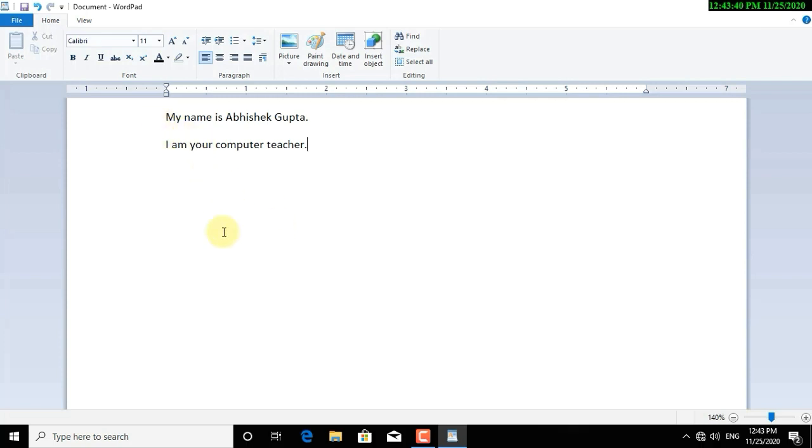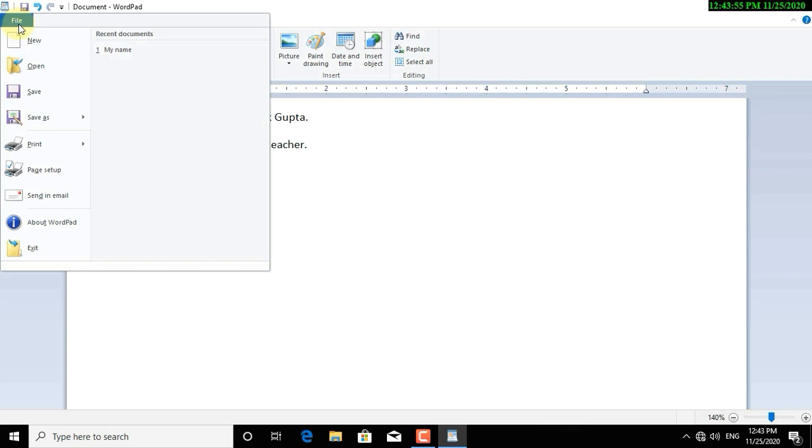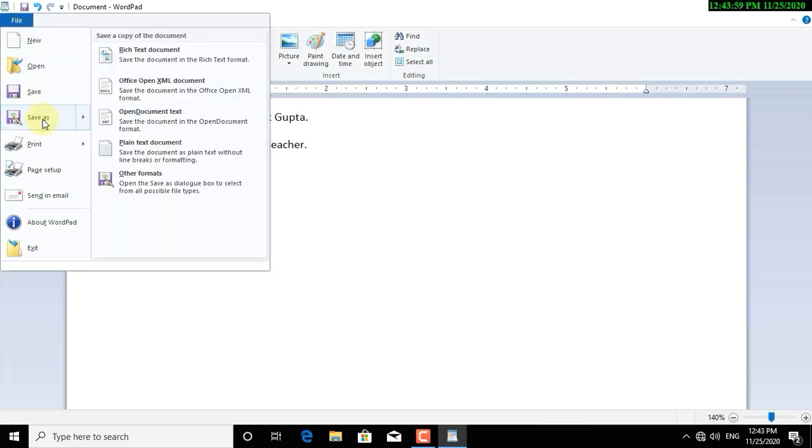And after creating a document in WordPad, now we will learn about how to save your work. So as I told you before, you can save your work in the WordPad after finishing the work. If you do not save your work, it will be erased when the computer is turned off. So to save your file, you have to click on File menu. Then you will get Save and Save As buttons there. आप अपनी चॉइस के हिसाब से सेव और सेव एज को चूज़ कर सकते हो.